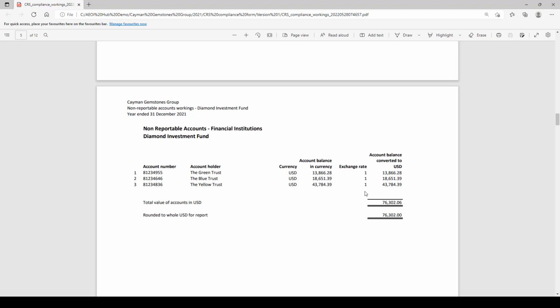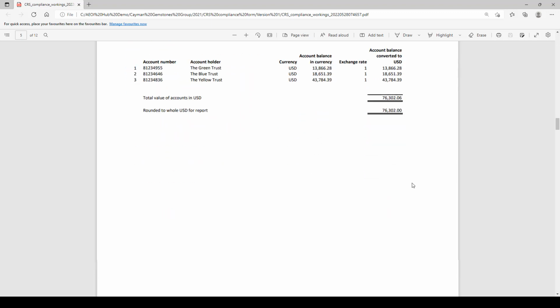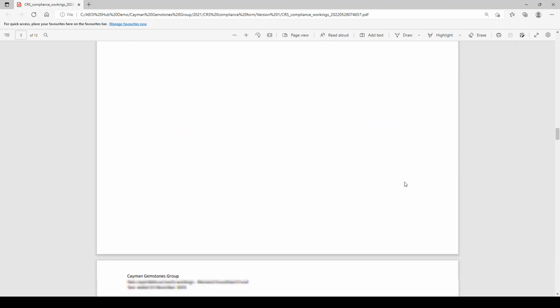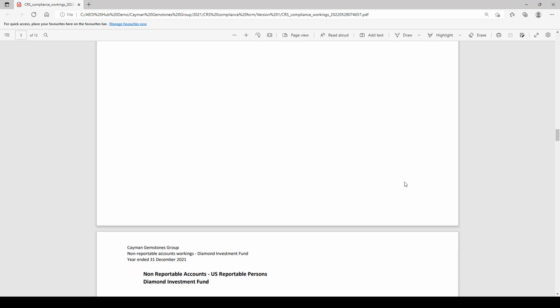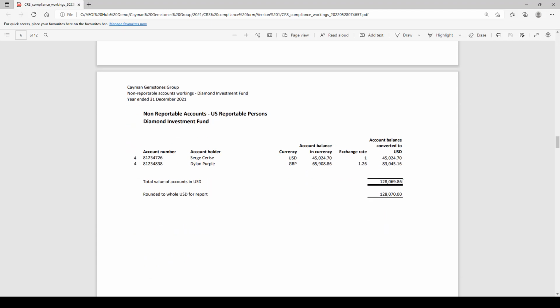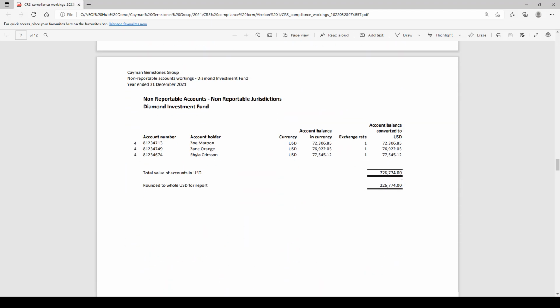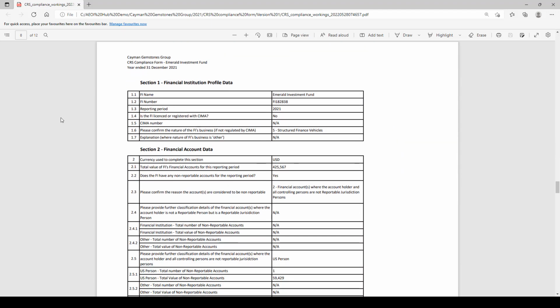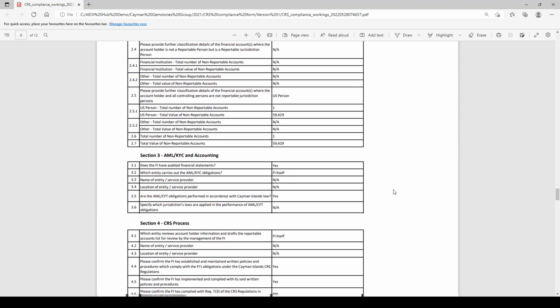So you can see exactly which accounts have been identified in that report. Of course, the report itself is only aggregate information. This is purely for your own internal workings, so you can see how that was calculated. And this carries on through. So here I've got my second financial institution, and that will be followed by all the workings for that.